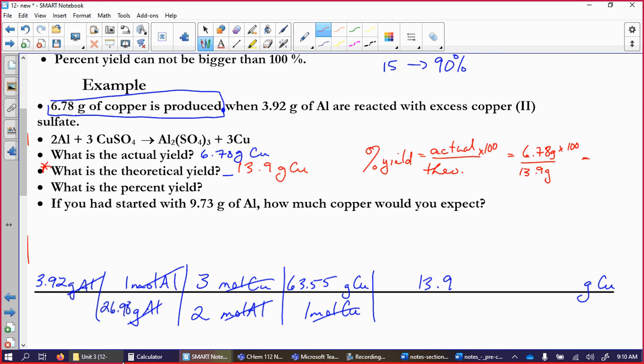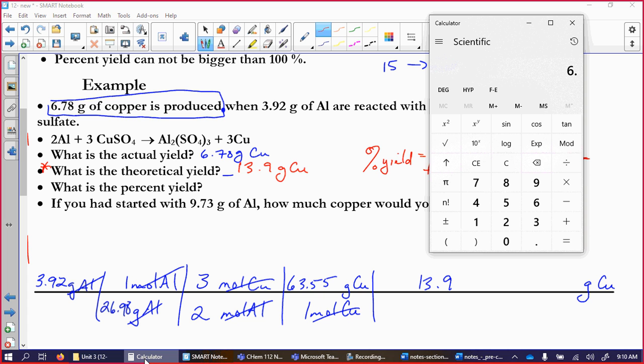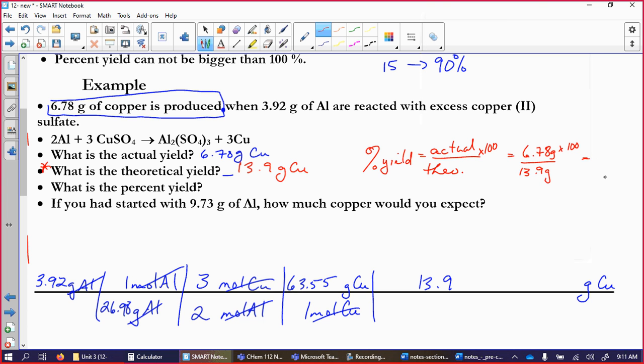6.78 divided by 13.9 times 100 is 48.8. And that's what a yield question is. You don't do a lot of them in high school chemistry that I can think of, unless,